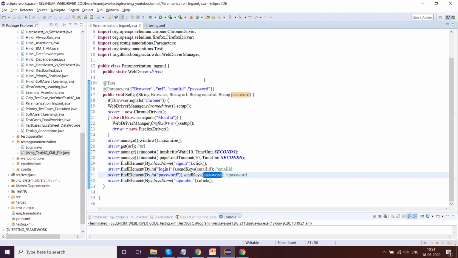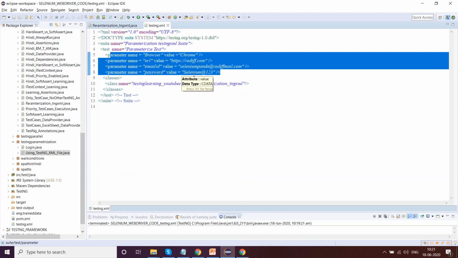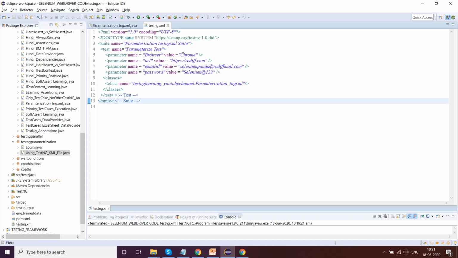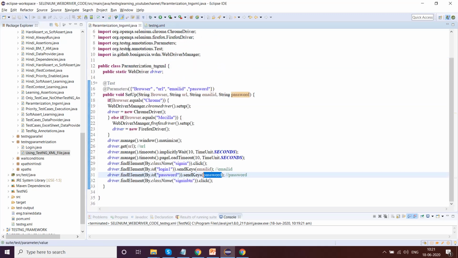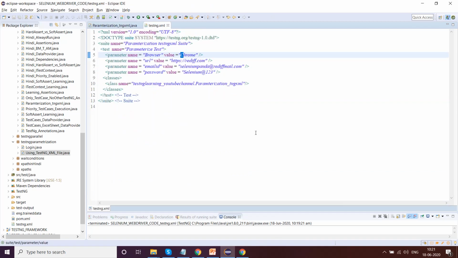I hope you liked the session, and it was good we encountered that problem of null pointer exception, because when Java was pointing to the browser value, it had small c over here and we had capital C over here. So it was not able to get that reference value.